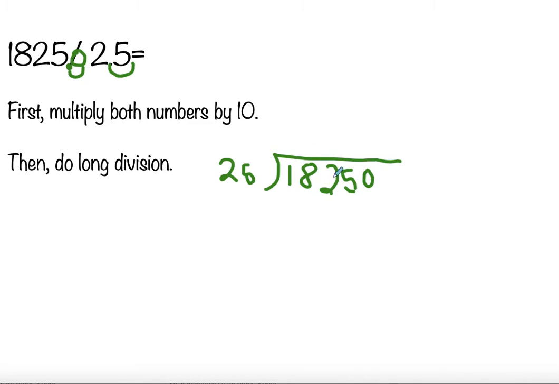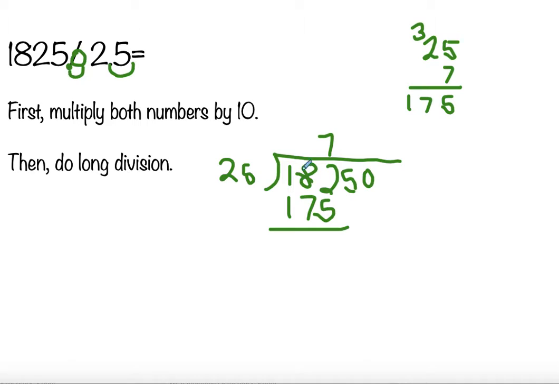Okay. Well, I know I can't use 18, so I'm going to have to go clear up to 182 before I can even do any math. So I know 25 times 4 is 100, so it's got to be bigger than that. Times 8 would be too many, so maybe 7. I'll do that over here so I can keep track of it. 7. And I get 35. Carry the 3. 2 times 7, 14, plus 3 more is 175. That's probably as close as I'm going to get. So 175,